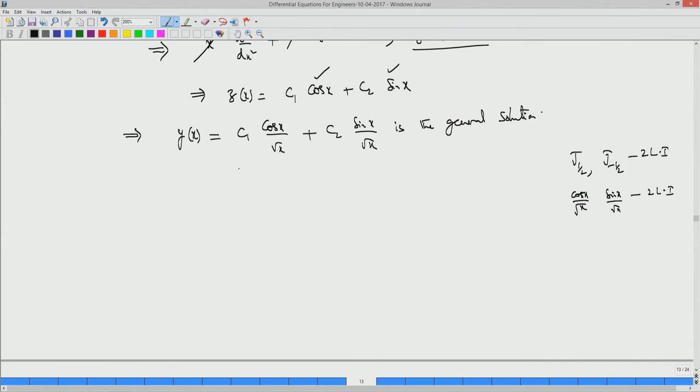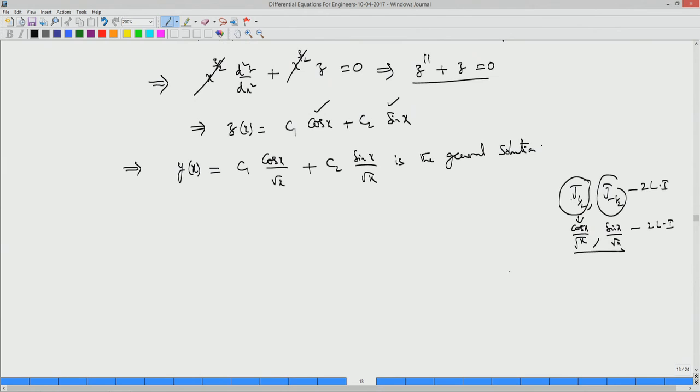So, this is how you get it. I found these two are linearly independent. So, that means this must be one of them with some constant multiple. So, I should be able to write this in terms of this and this in terms of this. Okay, so let us do one in terms of the other. What we do is, so we know that